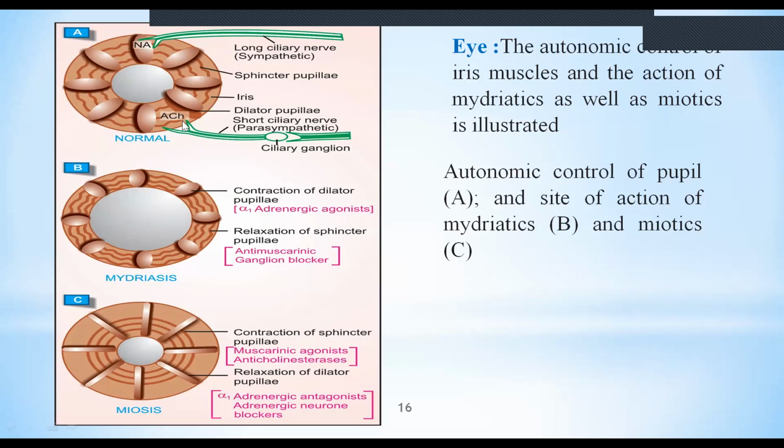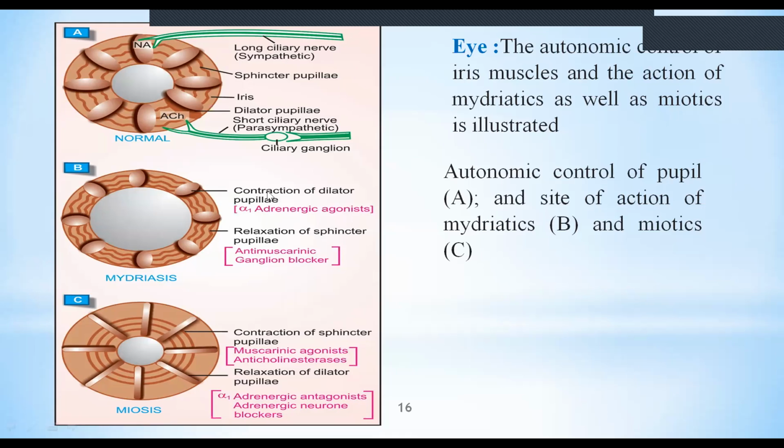So the dilator muscles are the ones which are going to have the pupillary dilatory action. Whereas the autonomic control, both sympathetic and parasympathetic nerves are there. The parasympathetic nerve is going to have the opposite action from the sympathetic stimulation. And the site of action of mydriatics and miotics: here the circular muscles, especially relaxation of sphincter pupillae, by antimuscarinic or ganglionic blockade. Whereas contraction of the dilator pupillae is caused by alpha-1 adrenergic agonists. So whether it causes dilatation or constriction of the pupil depends upon the dominant action of each